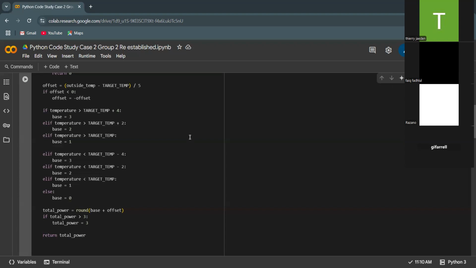And if temperature is above +4, it has a base of 3. And then elif, and the total power is equal to round of base plus offset. If total power is less than 3, then the total power is 3. So it's going to return total power.